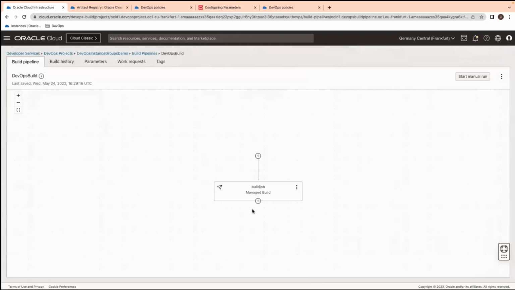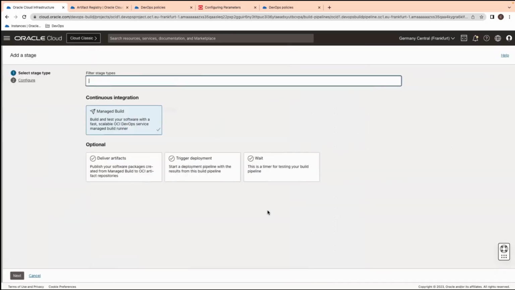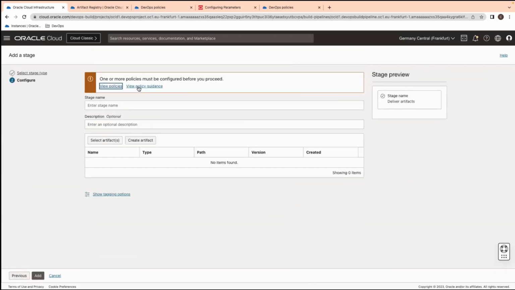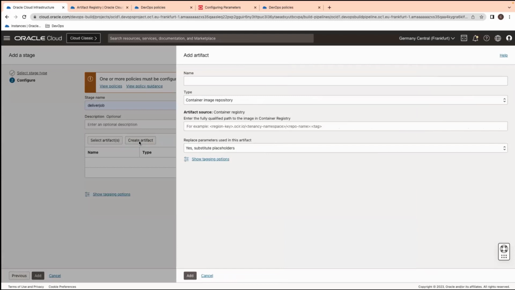the next step is to deliver the artifact. Let's click on the plus button again here and click on add stage. It's fairly straightforward. You can click on deliver artifacts and then click on next. Here we will just create a deliver job, and then we are going to select the artifact. You could either create an artifact or select an existing artifact. We will go ahead and create an artifact here. For creating an artifact,